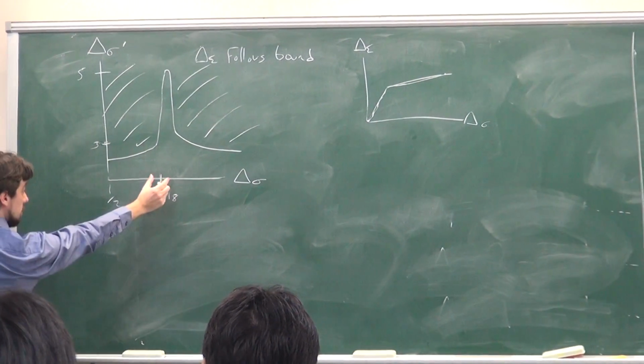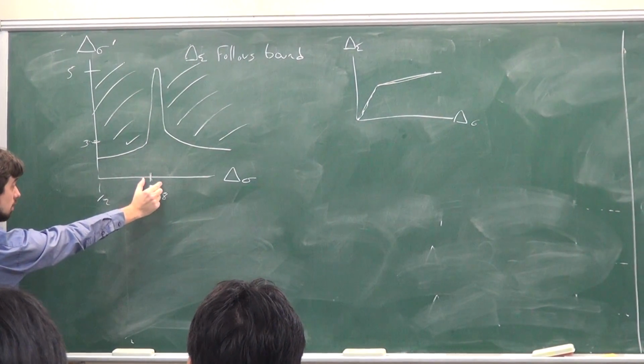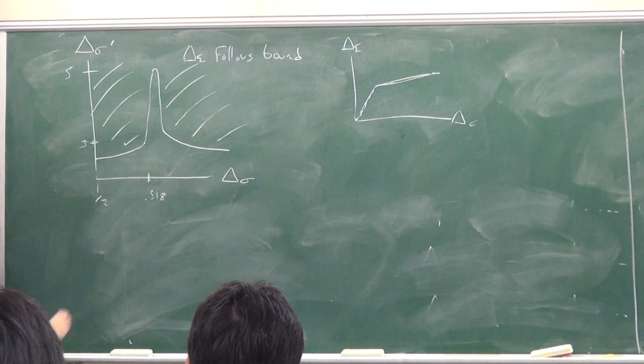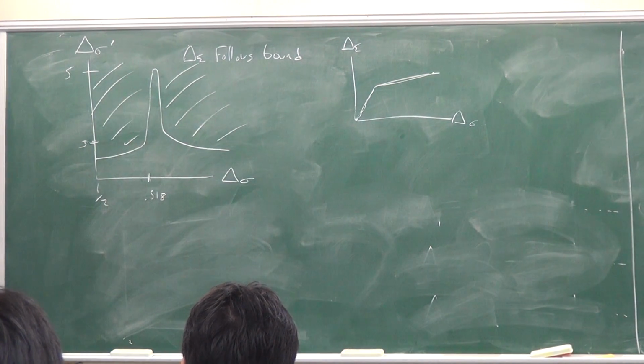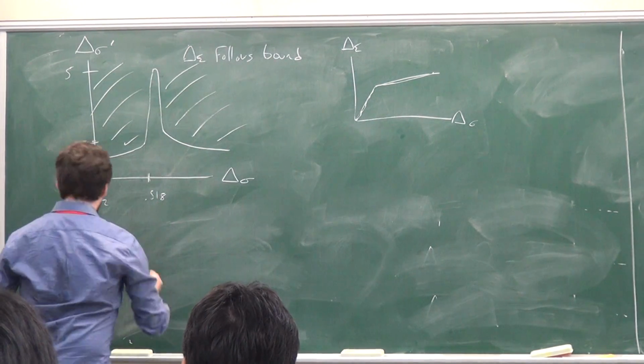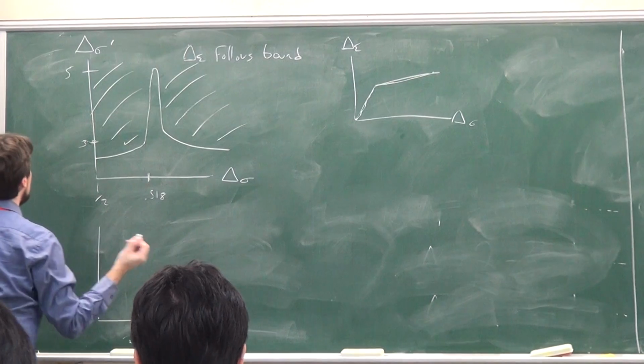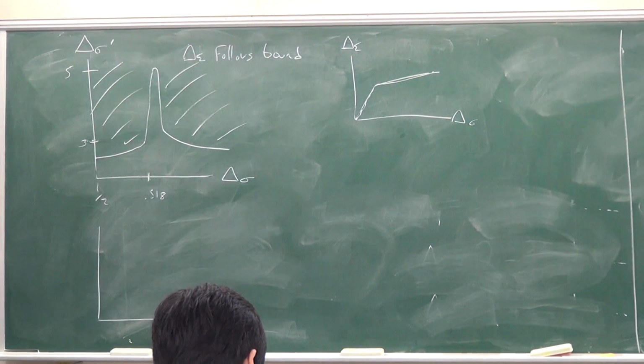So only if you're in a narrow window around 0.518 are you allowed to decouple the sigma prime. So we can also turn this around and say, let's assume that we want to impose a gap in